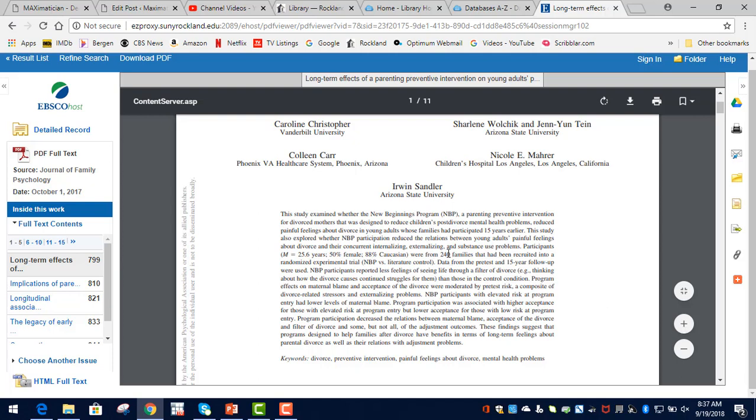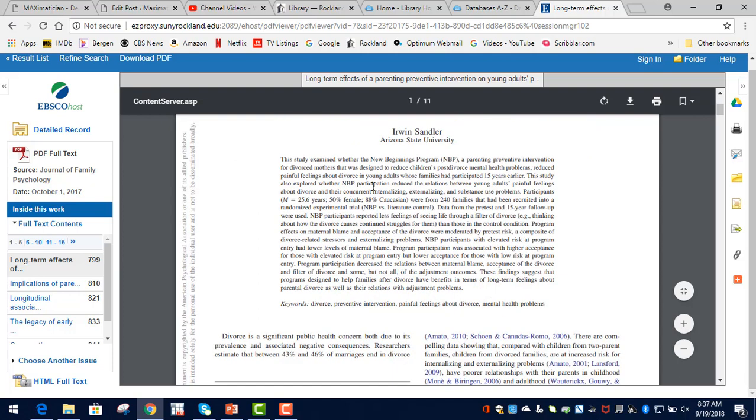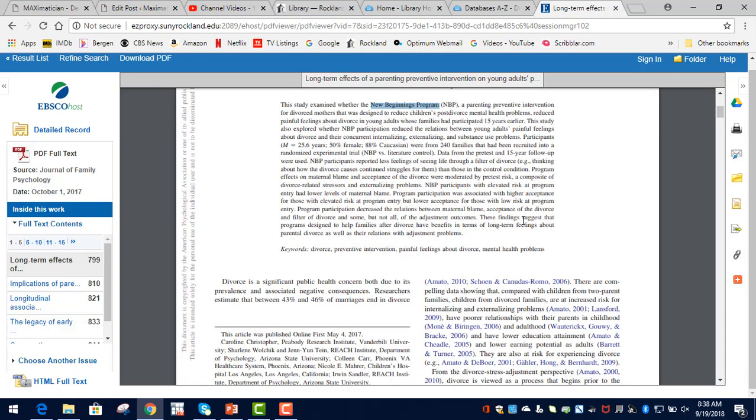And you can see that this was another follow-up type study 15 years later. They're looking at a certain type of program, a New Beginnings program, and what effect that has on the effects of divorce. These findings suggest that programs designed to help families after divorce have benefits in terms of the long-term